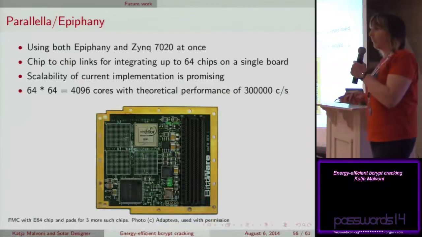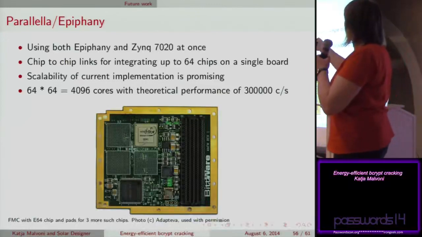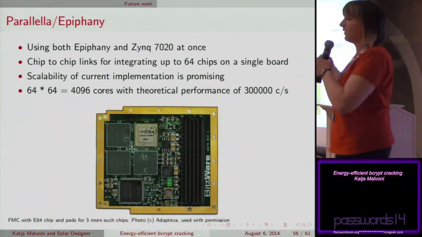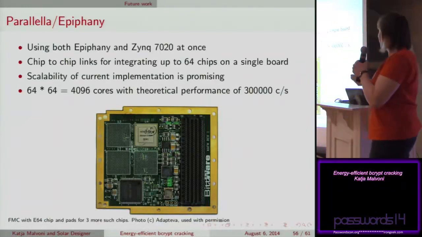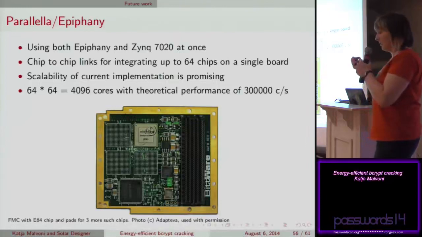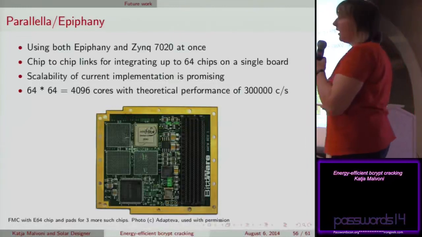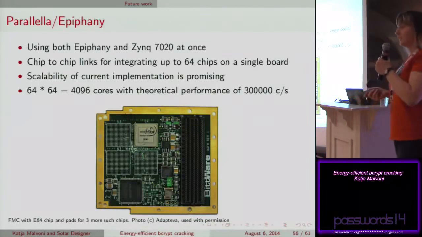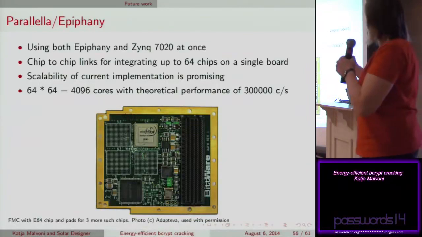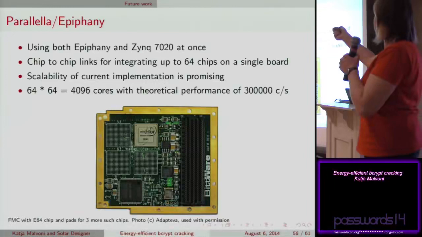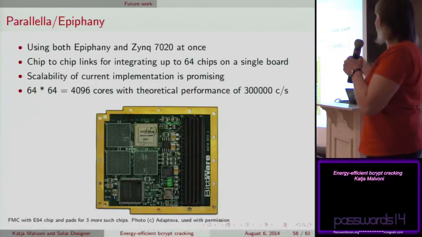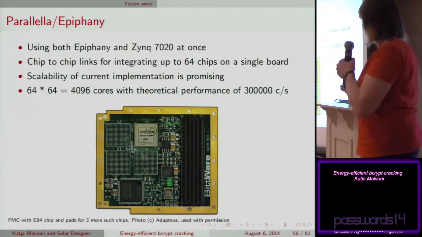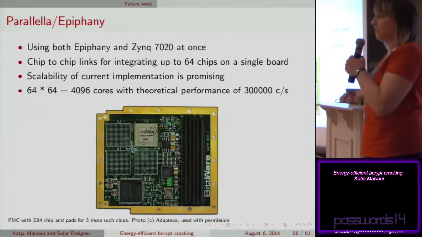Another thing we can do is use both the Epiphany and Zynq devices at once, because the Parallella board has both of these. Another interesting property of this architecture is that there are links for integrating up to 64 chips. So with the scalability of the current implementation, and hopefully Adapteva will produce these big boards, theoretical performance is